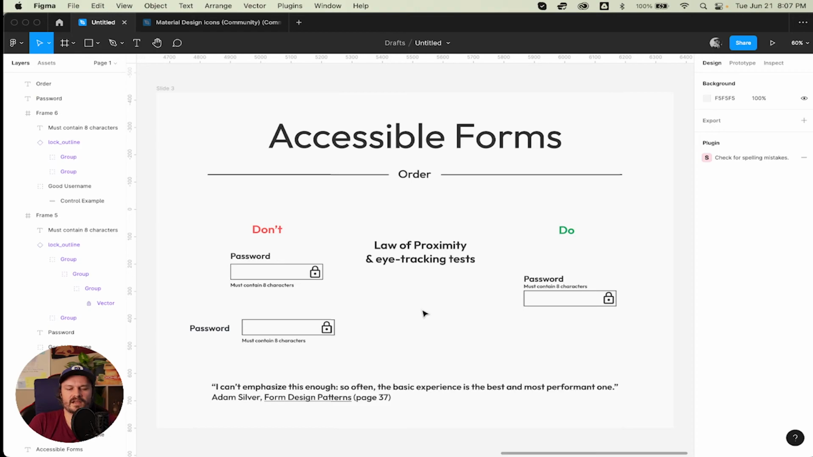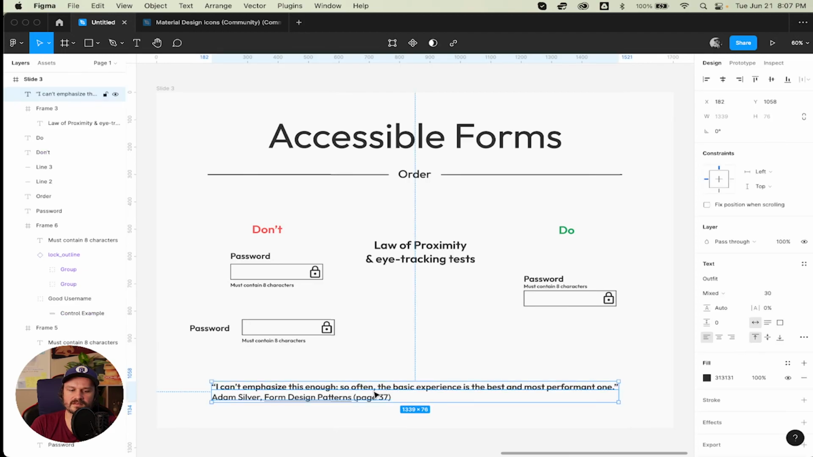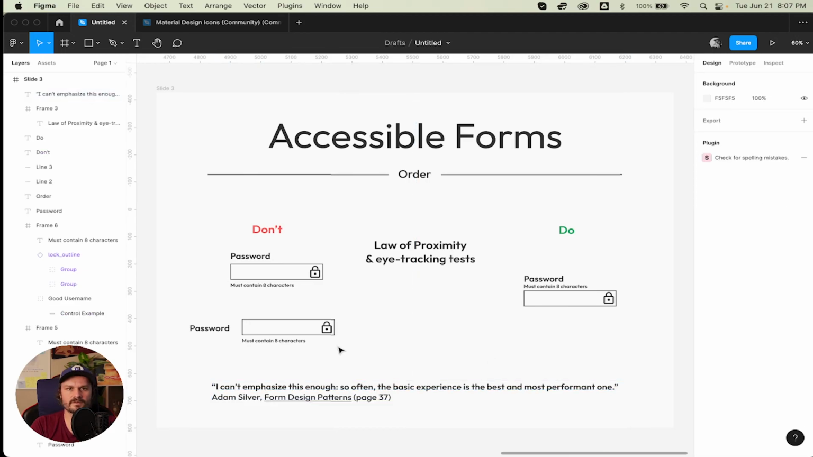And I didn't have a great end for this stream. This is pretty much the end of the stream. But I did find a quote that I thought was very apropos to the topic of this video. And this comes from Adam Silver, page 37 of the book Form Design Patterns, and I do intend on doing a video review of this book at some point, where he says,